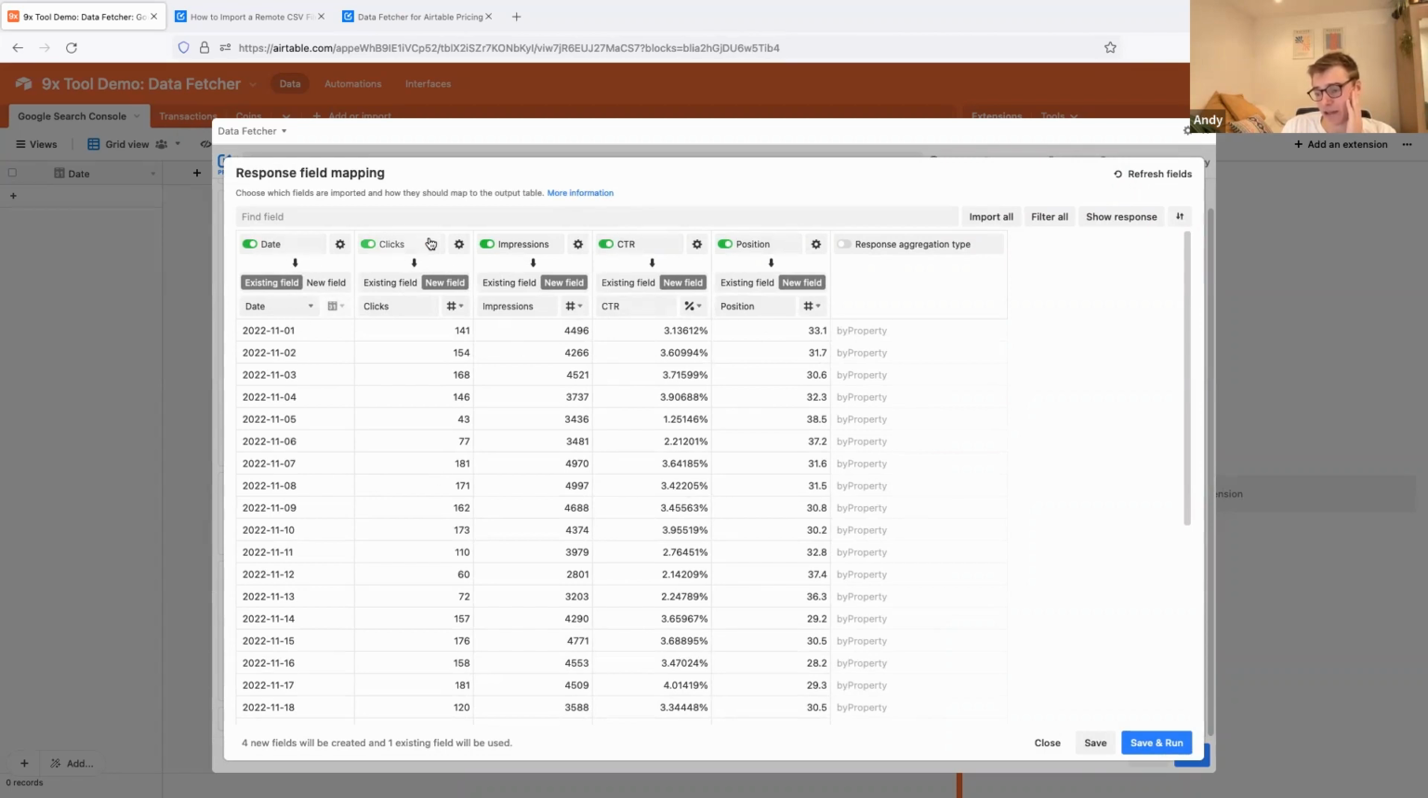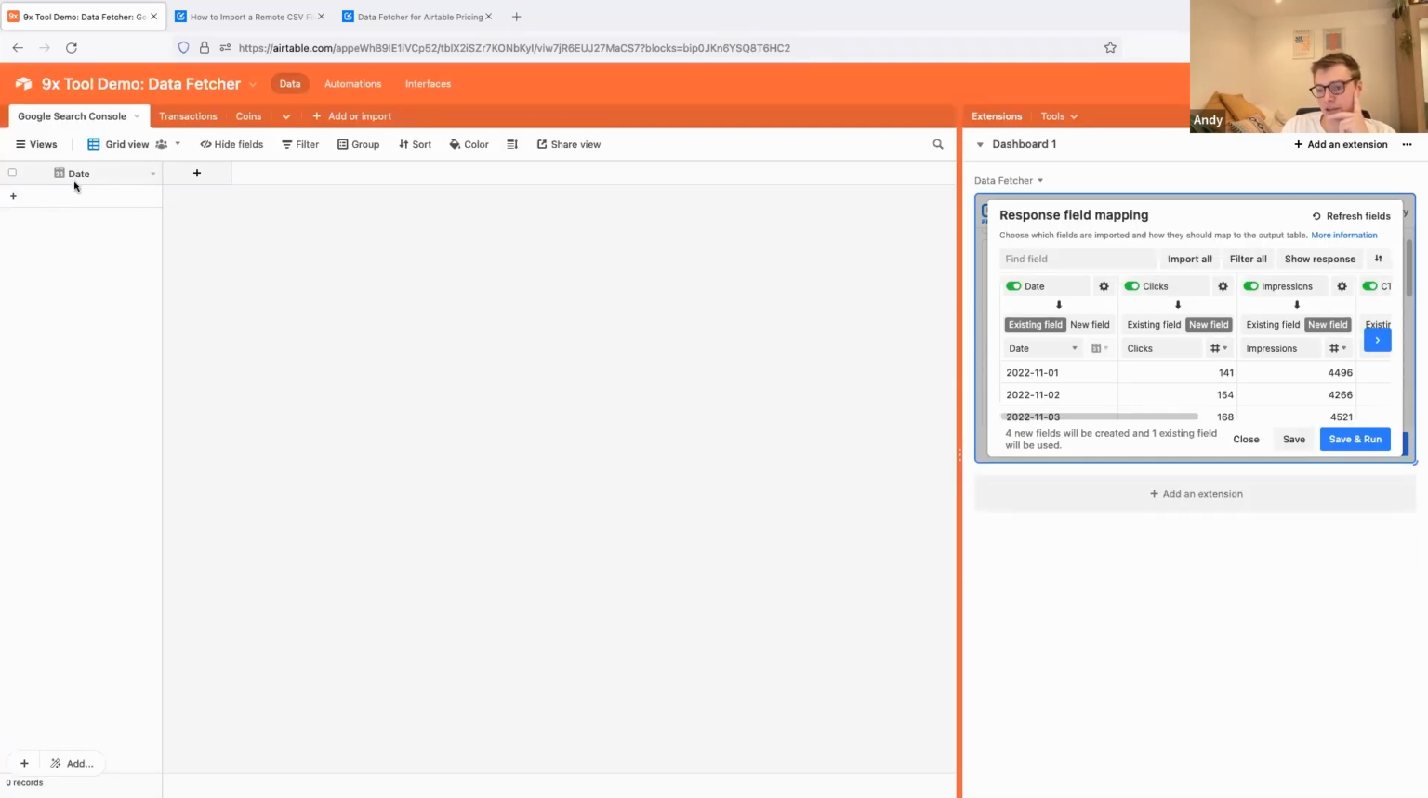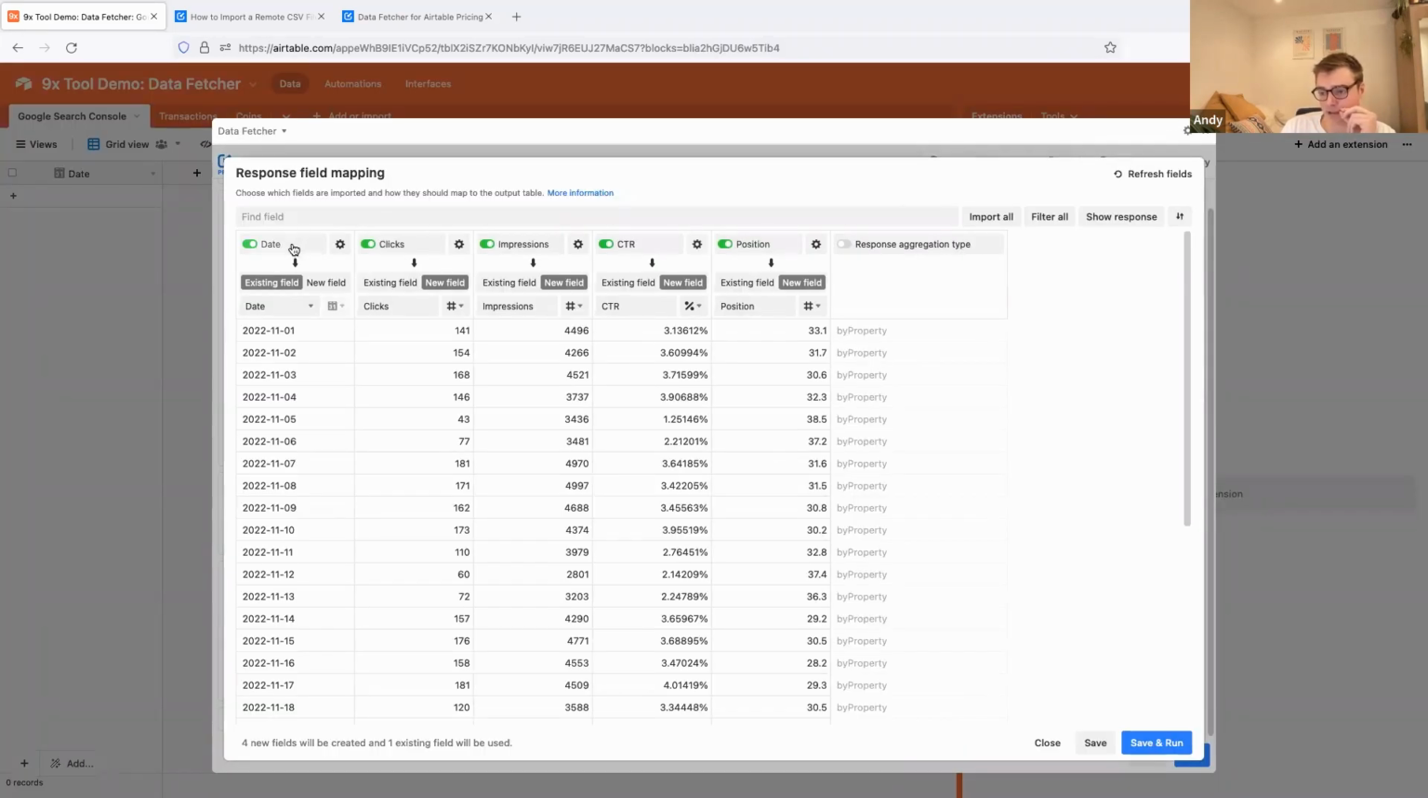We've got date, and we've got these performance metrics: the number of clicks, number of impressions, click-through rate, and position. For each of those, we can either map it to an existing field or to a new field. This is where Data Fetcher really comes into its own, in that this mapping makes intelligent suggestions. It says, okay, you've got a field in your table called date, and I know there's a field coming back from Search Console called date. So I'm going to assume you want to map that one to that one,